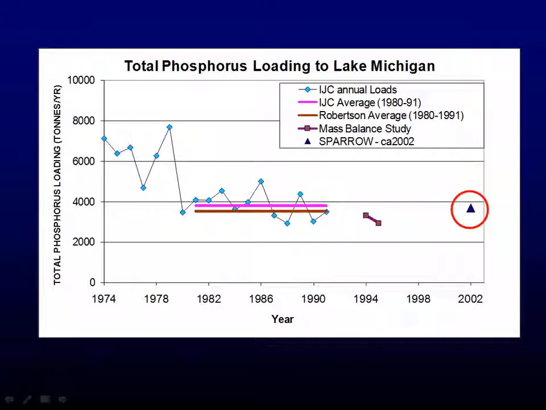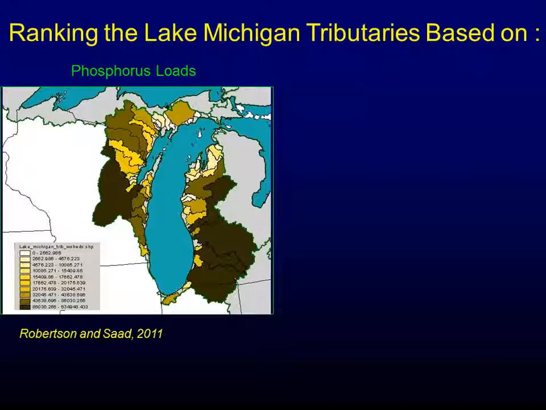And if there has been a change of loading into Lake Michigan, it probably occurred before a lot of this. And if we compare that with the target load of 5,600, if it stays that, we are quite a bit below it. But I've got a feeling, with the way that we're looking at things now with the nearshore shunting and things, that the new estimate of a goal is probably going to change.